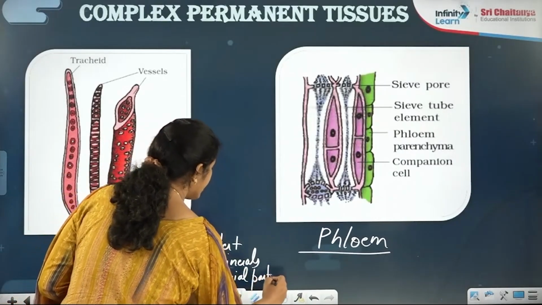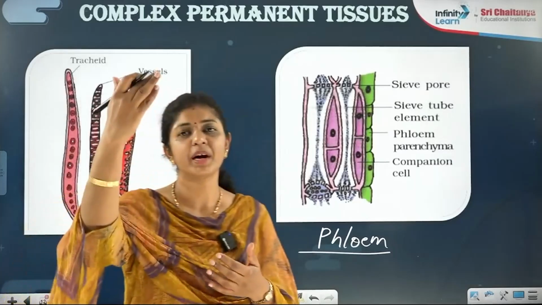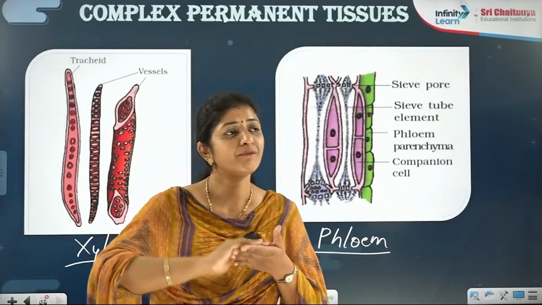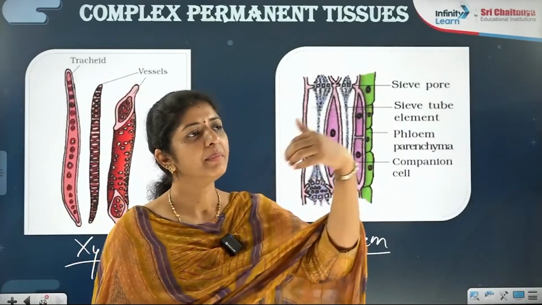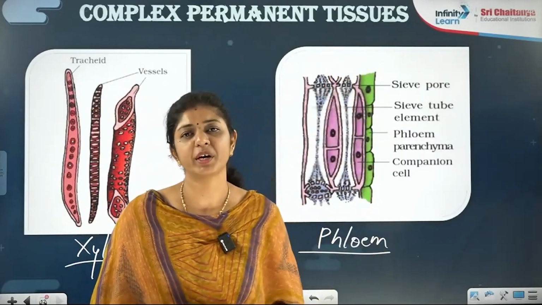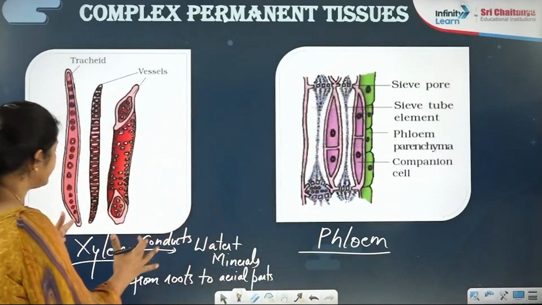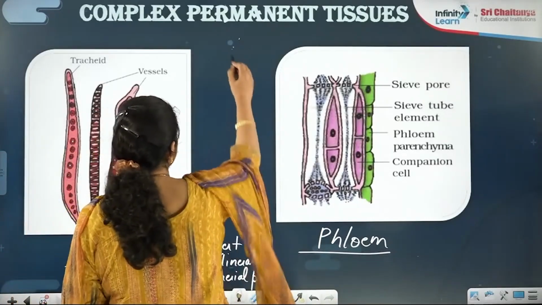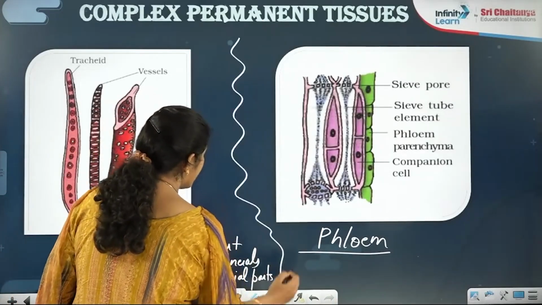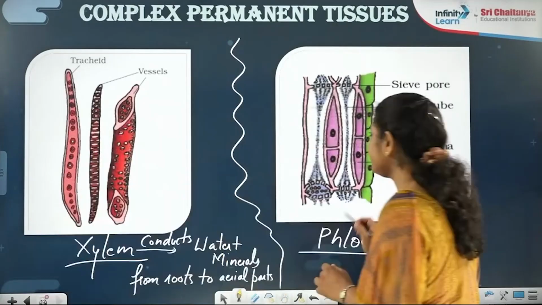What are aerial parts? Aerial parts are the upper parts. Under the ground, they want to go upwards, like roots. Very nice. From the root it will start, but it will carry on up to the upper part. Right? So that role is done by the xylem. Right? And who is performing the conduction of the food now? That will be the phloem.